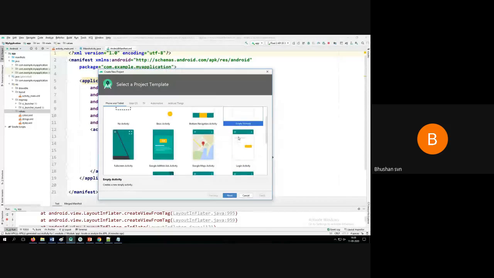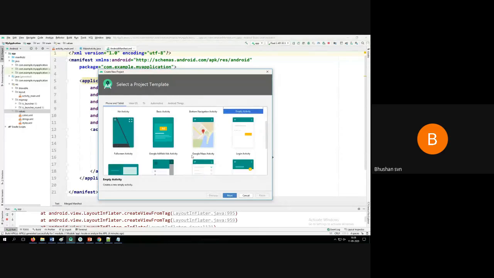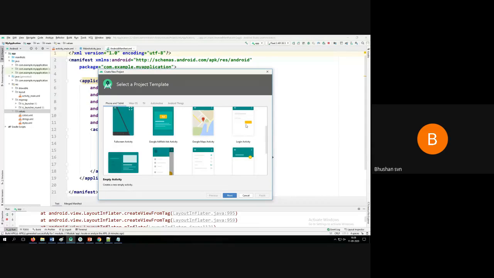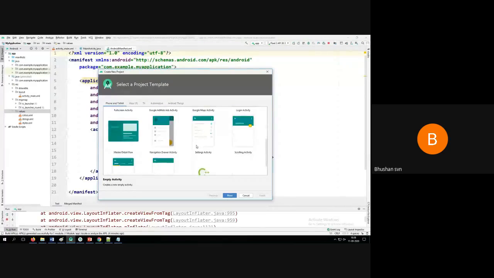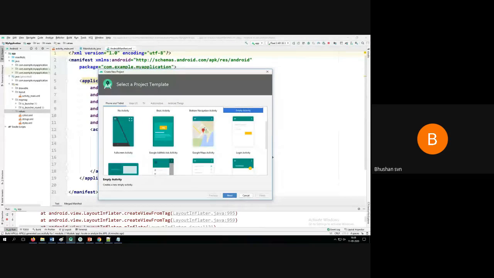There are different templates available: full screen mode, Google Ads activity, Google Maps, login activity. There are a lot of templates available depending upon the type of application you are building, so you can choose a specific template.